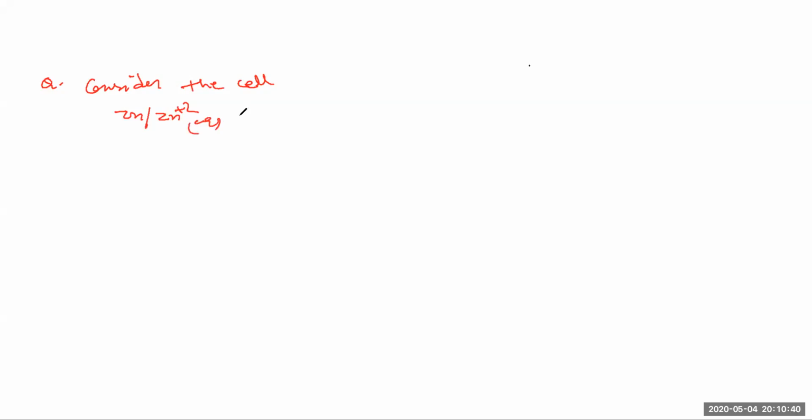So its concentration also is given, that is 1.0 molar, and parallel lines. You know, parallel lines indicate salt bridge. So copper plus 2 aqueous. So its concentration is given 1.0 molar slash copper. That is the solid. So this is the cell reaction. Cell notation is given.